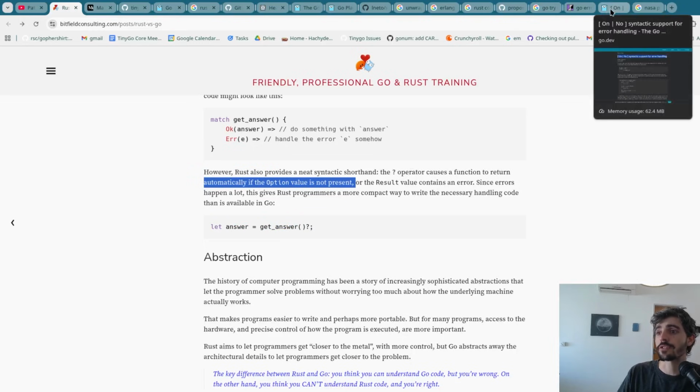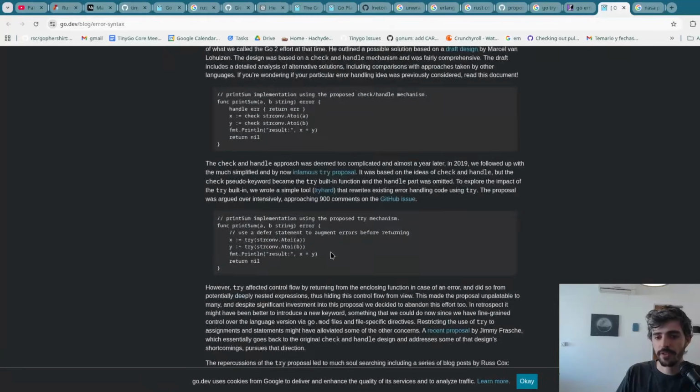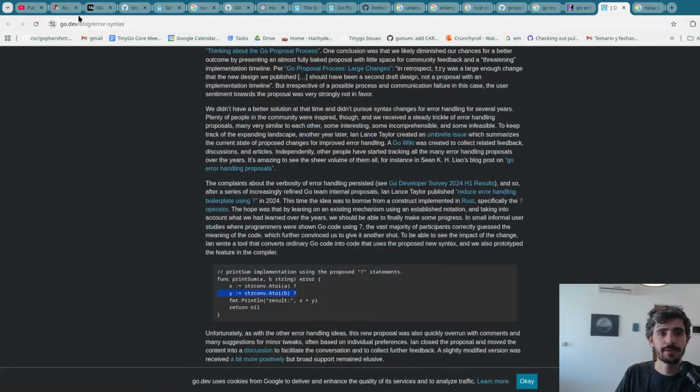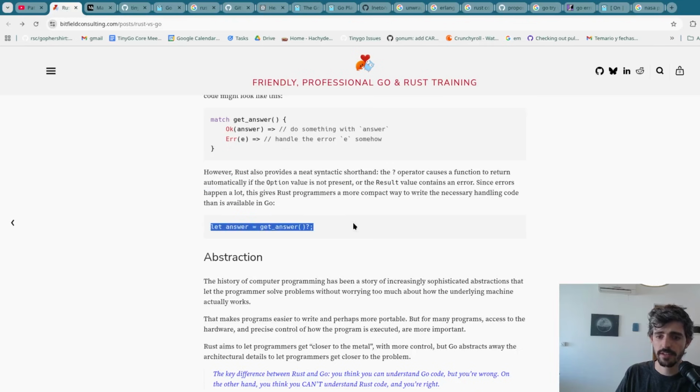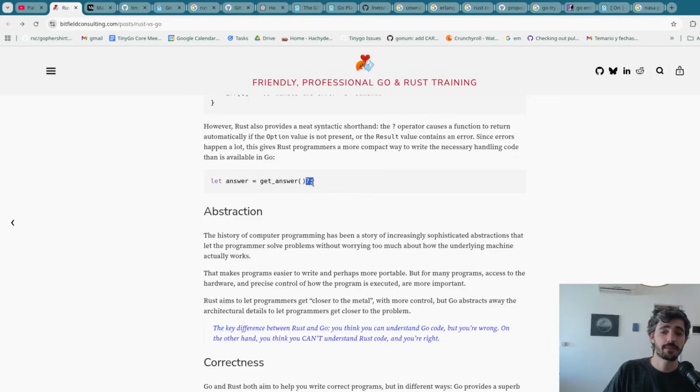So this is what they want to add in this error handling proposal, where we saw the question mark here. Yeah, we basically want to copy Rust, and yeah, this is great. Some would argue it's hidden control flow. I mean, it's a single token on the end of the function. You might miss it. It's just weird. I mean, I really like explicit error handling, and this feels too implicit, honestly. If we implemented it, I might come to like it.